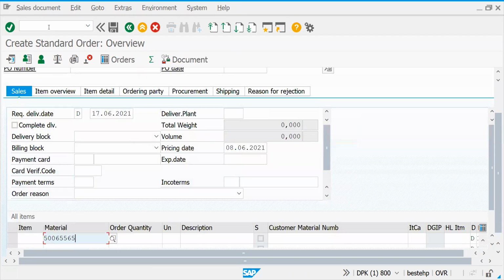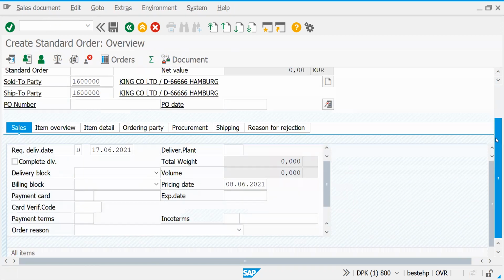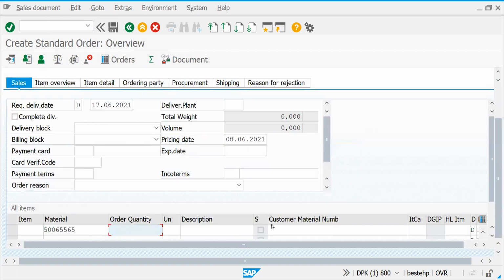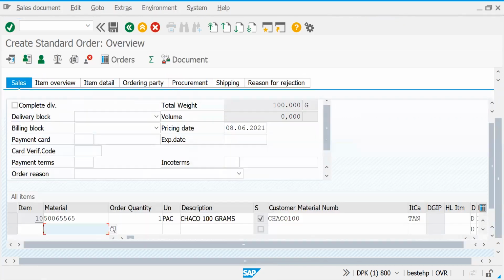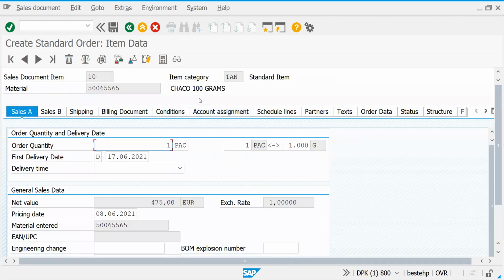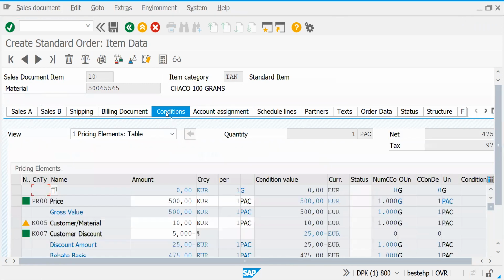So let's enter the material. Now see, before entering the material, you will not get anything, because only at material level we have created the discounts and base price. Let's put one quantity. Now let's check how the system behaves. Let's double click and go to the conditions.